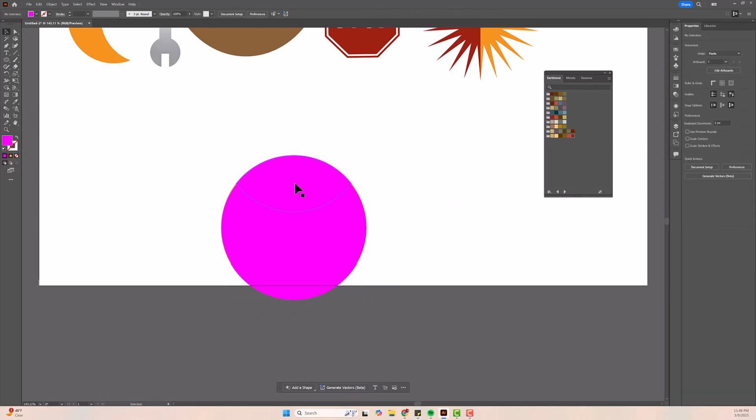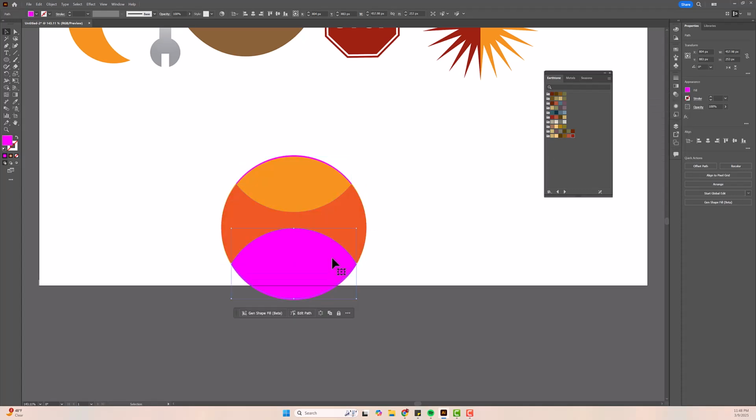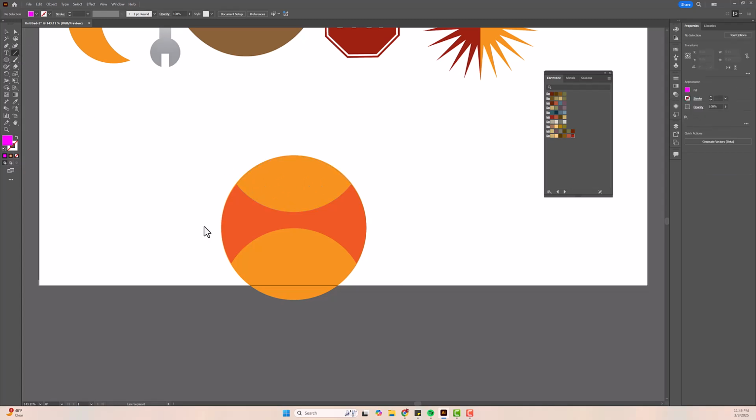So I'm going to change the colors of these so you can see them a little bit better. So I'm going to go with orange here, and then I'm going to go with a dark orange here, and back to a light orange here. Now something has happened here, so let's figure out what that is. There's either a piece behind there that's an extra. Yep, I'm getting rid of that. There. So now I've got sort of a basketball, and then I could put a stripe through the middle like this,